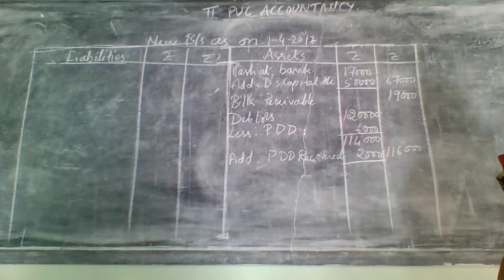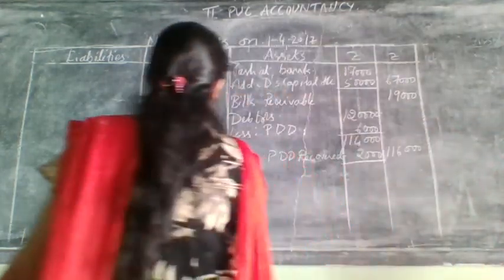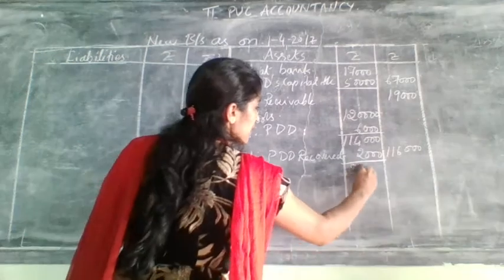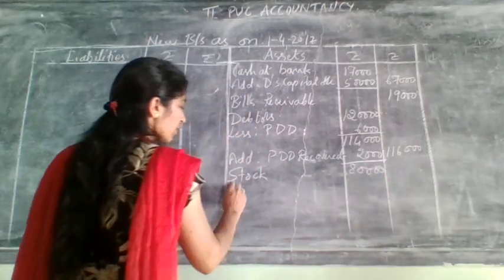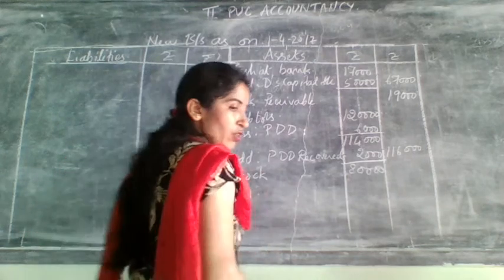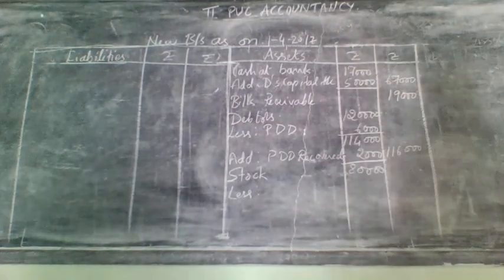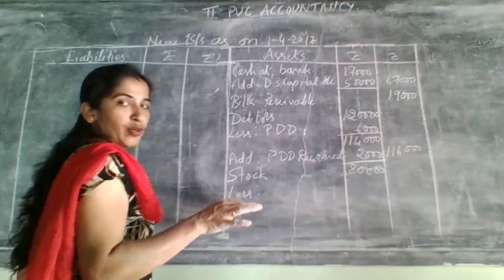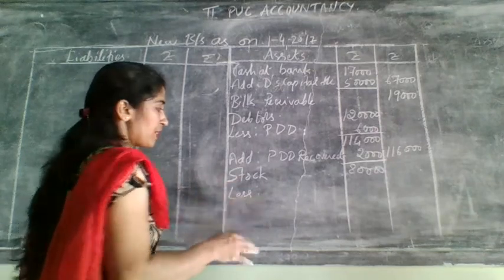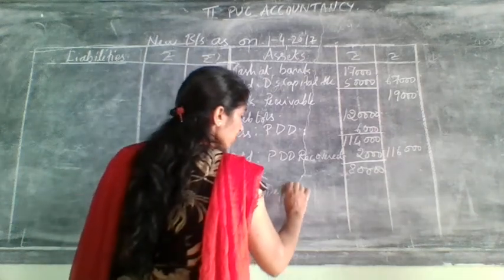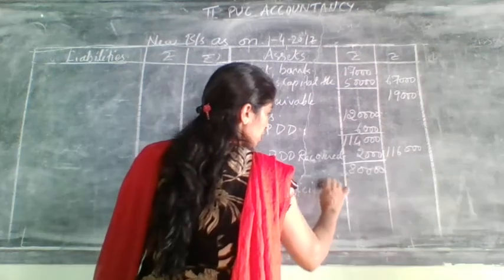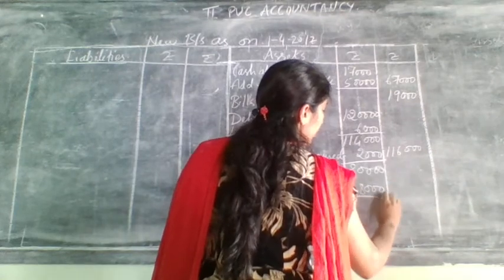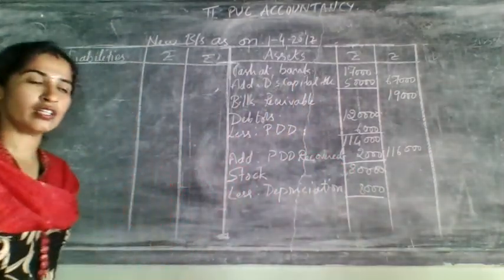Next comes stock, 80,000. Stock is having an adjustment. Check in the revaluation account. It has depreciation. What they have given, instead of depreciation, is that stock is reduced by 10%. That is actually a direct amount, but here they have given it as 10%. That's why you need to charge depreciation on this 80,000. How much will it come? 8,000 will come. So subtract it and write it in the outer column.